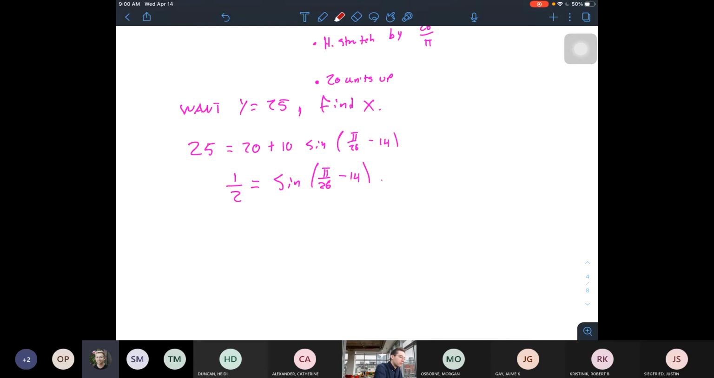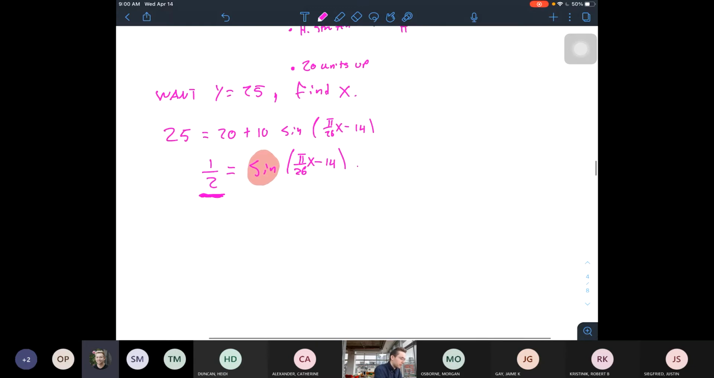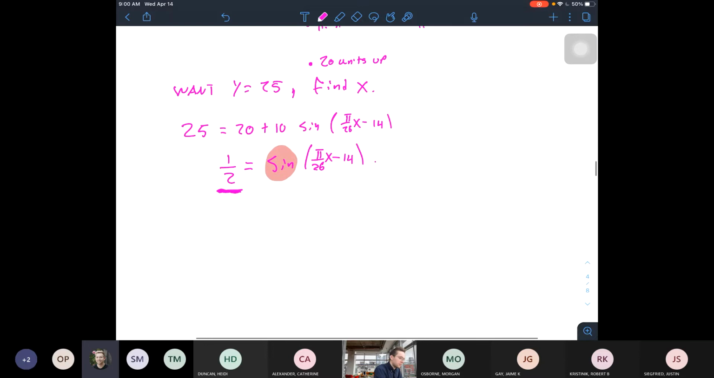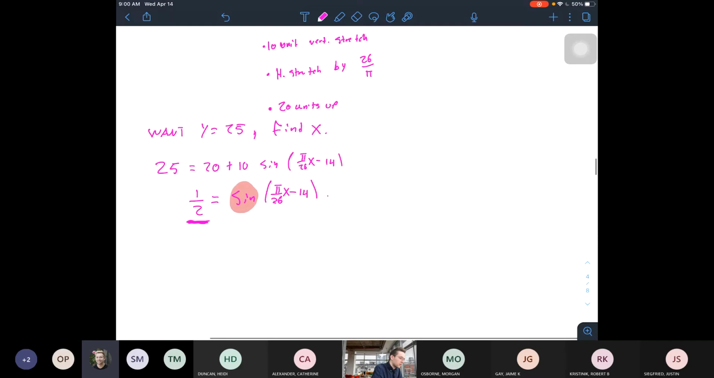Okay, so we have a sine function, and then we have an input. Oh, sorry, this should be an x here. We have a sine function, and then we have an input, and the output is 1/2. Now we know that there are lots of input values for the sine function which are going to reach this 1/2